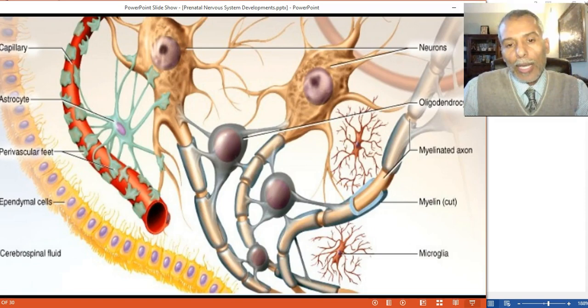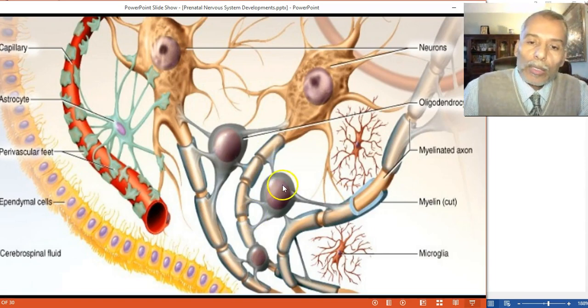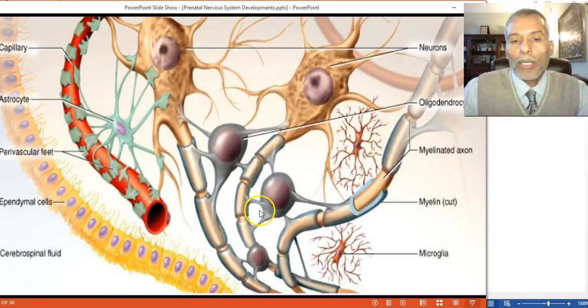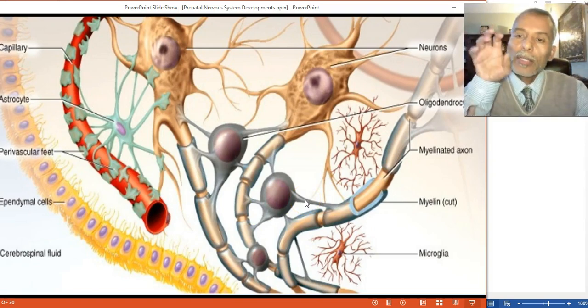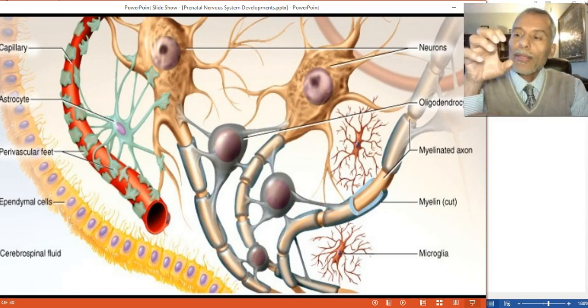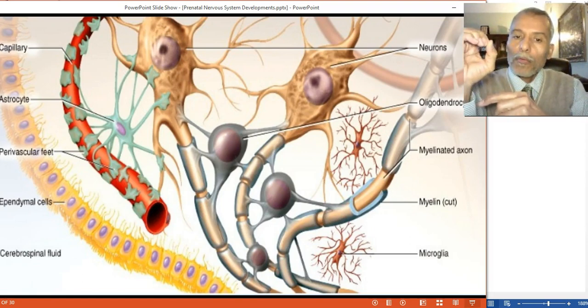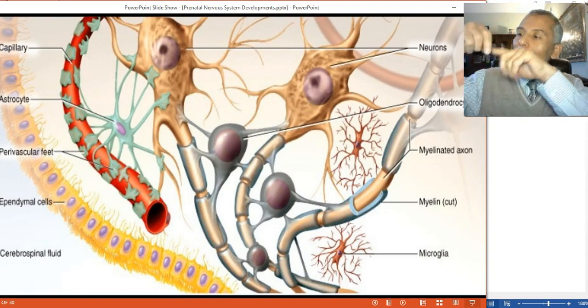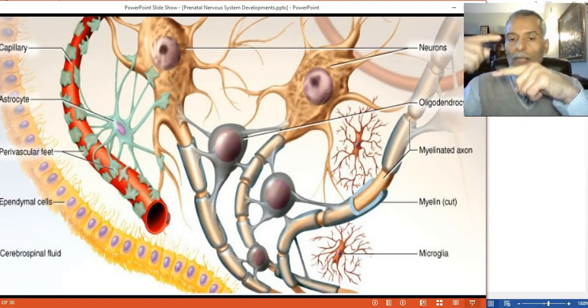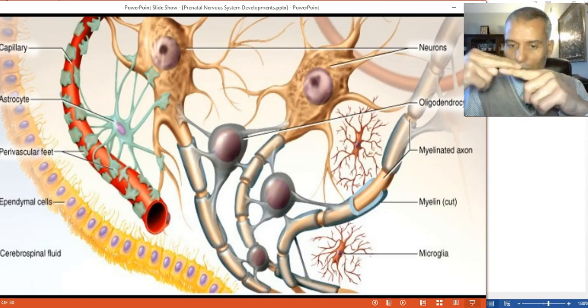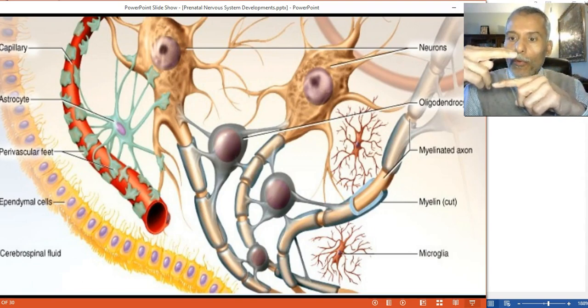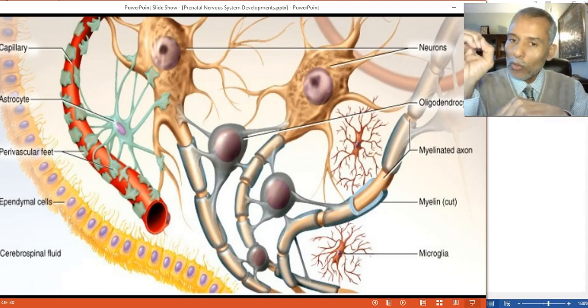And you could see that it has several arms, several extensions out of its body, and every arm has at the end of it a segment of myelin. So that myelin wraps itself like a jelly roll about 3 or 4 times around a piece of one